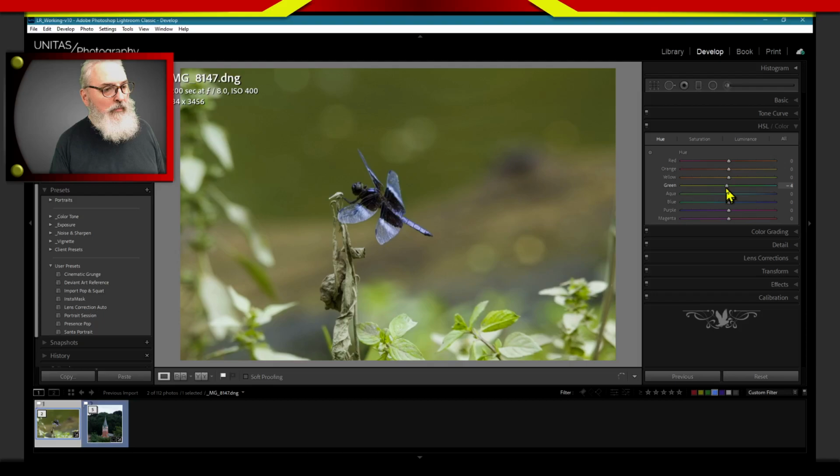All right. If a green is considered a cool color, it's going to have blue influencing it. If a green is on the warm side, it's going to have yellow influencing that. Okay. So now that we understand that, what do I want to do with my green? I want to have it more yellow. So I'm going to take